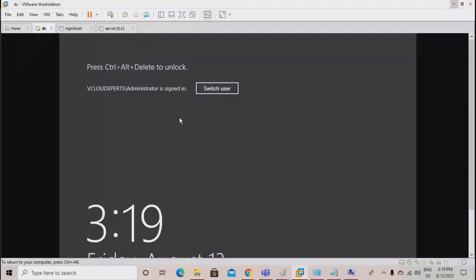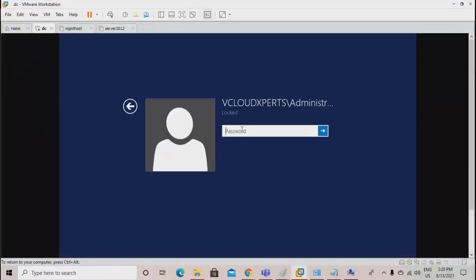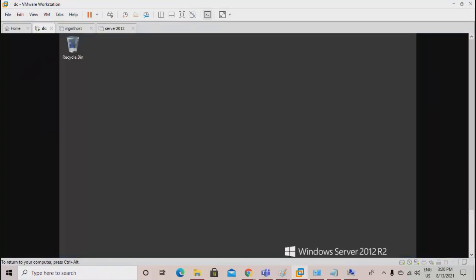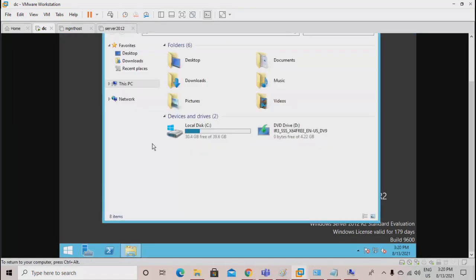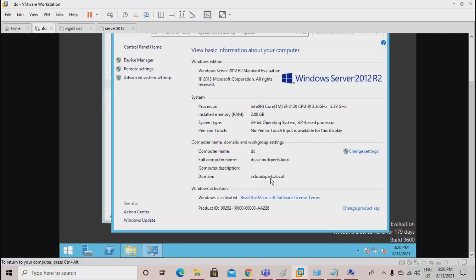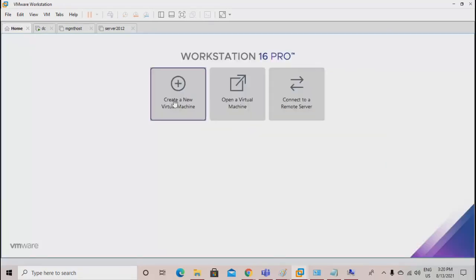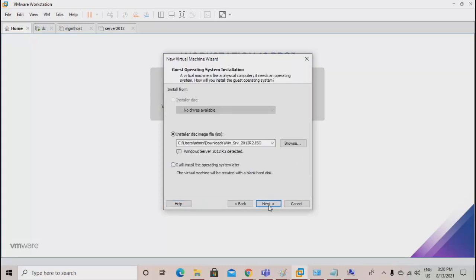So till then, we have a DC here, the vCloud Experts Administrator. This is already a domain controller that we configured, vCloud Experts.local. We will create a system here and join it to the domain. That is how you will understand how to add your system to a domain.